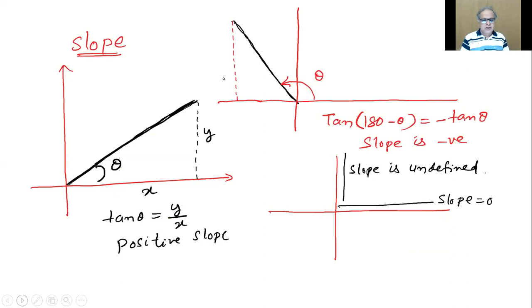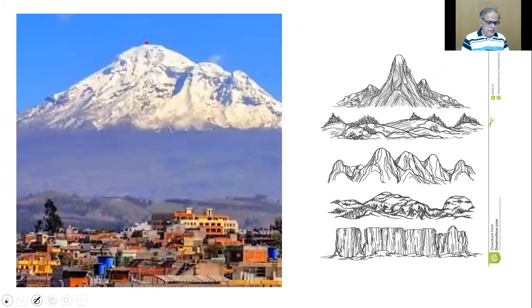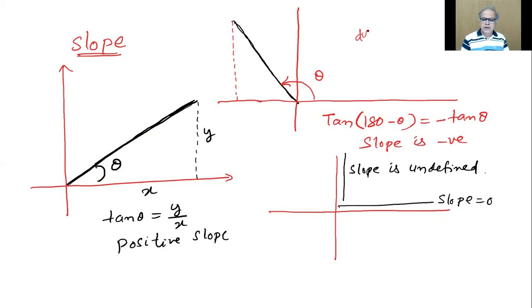First we're defining what we call slope. We already defined it. In fact, we told the meaning of dy by dx geometrically. If I have a curve, at a given point dy by dx gives you the slope: tan of the angle made by the tangent with the positive x-axis in the anti-clockwise direction. Did you hear me properly?